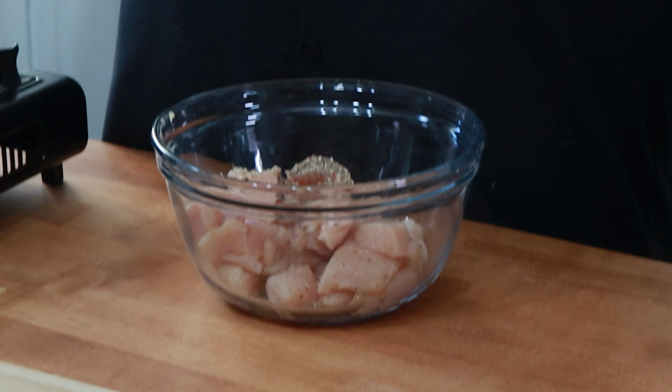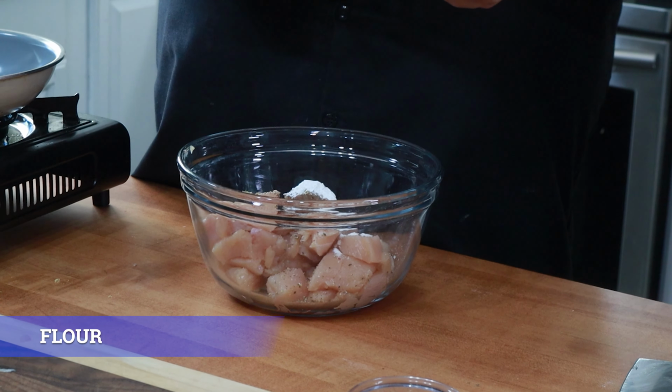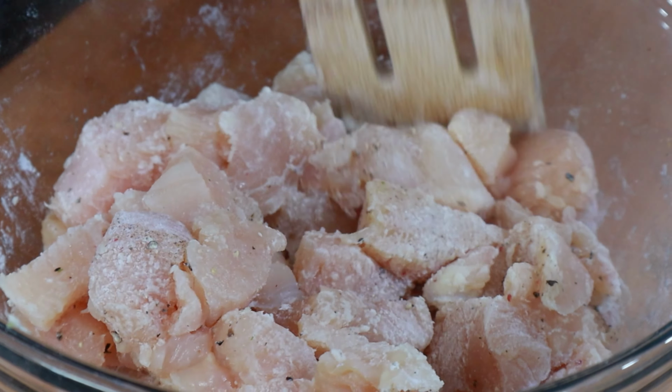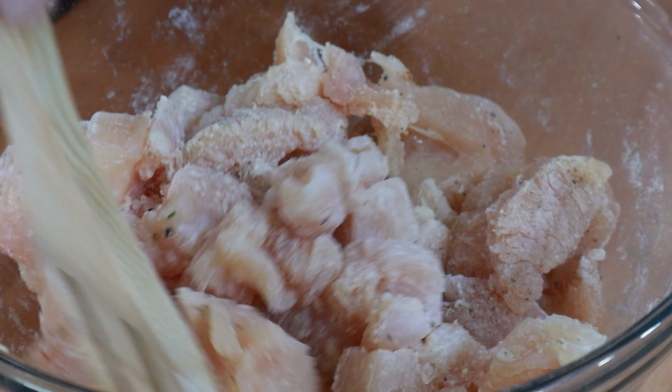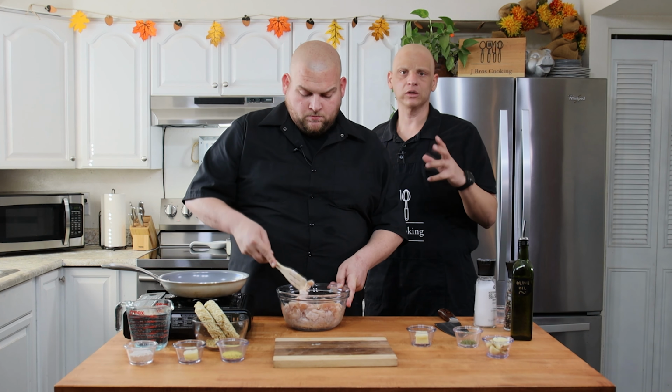And then the flour. Now that's probably about a heaping tablespoon of flour. It doesn't seem like very much flour for the amount of chicken. Give it a good mix. We're just trying to get that flour and all the spices mixed around. We're not making a fried chicken. We're just trying to get that little bit of flour dredge on there. So when we do cook it, we get a little bit of a nice golden crust on the